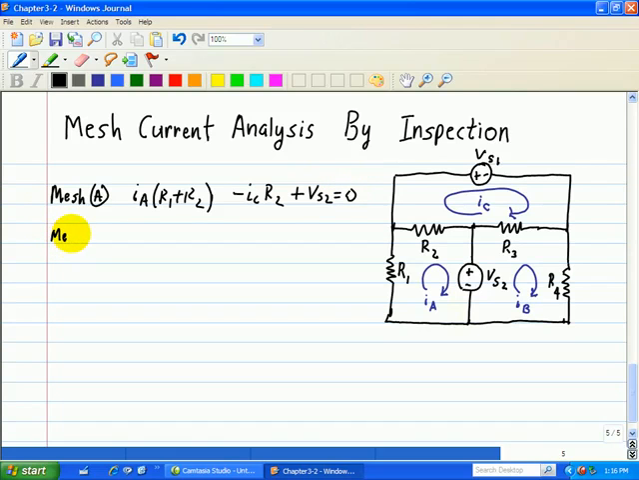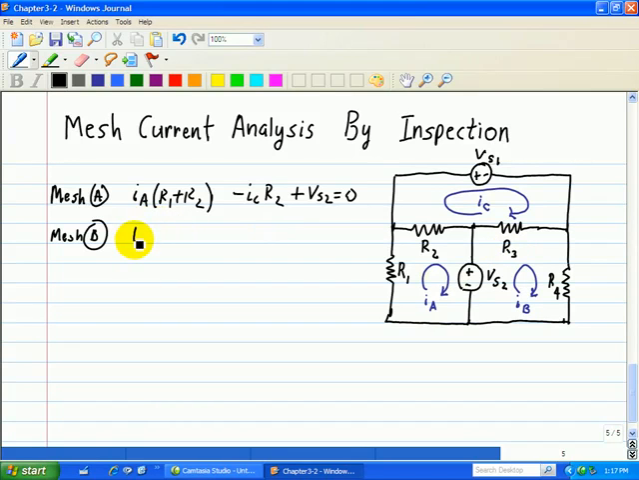For mesh B, we're going to do the same thing. We're going to start at this point, so we're going to go through a minus VS2, R3, and R4, and we see that R4 and R3 are consistent with the direction of IB here. So what we have is R3. What's in common with R3? It's IC and IB. Well, first we'll write down the currents for IB. IA does not go through here, so what we have is